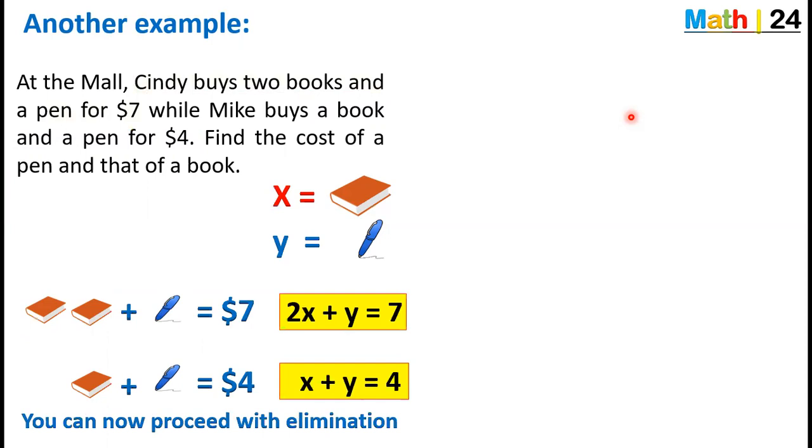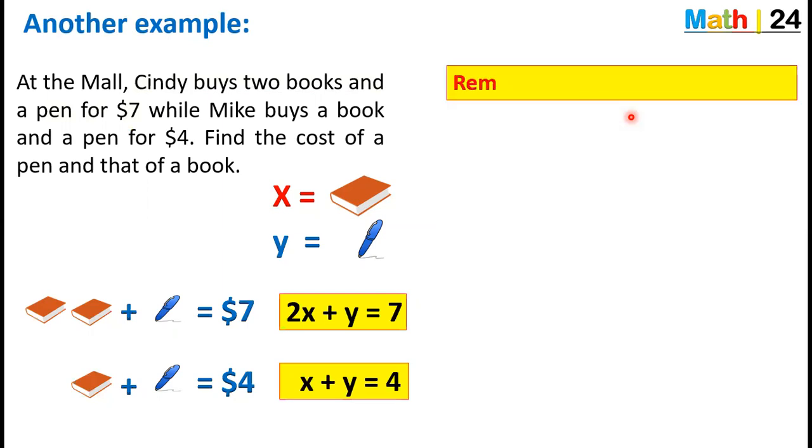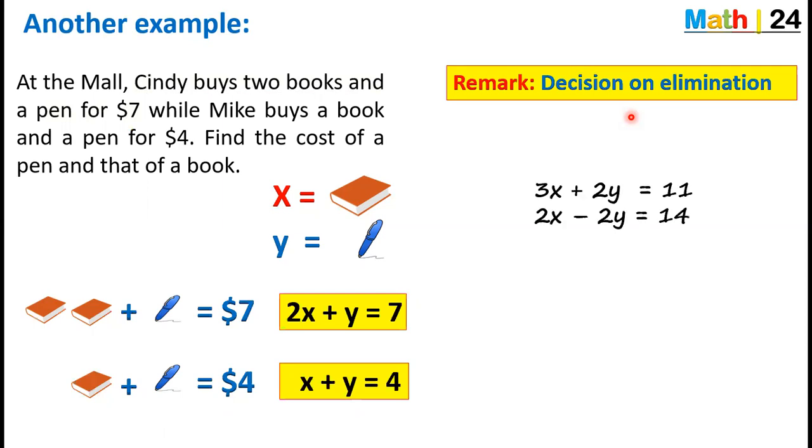Subtraction will work directly. Equation 1 minus equation 2 will give us $3 for X. Okay, so a book is $3, and obviously a pen should normally be $1. So you can work this out in FCFA, in Naira, in Euro, whatever you want to do. Okay, so